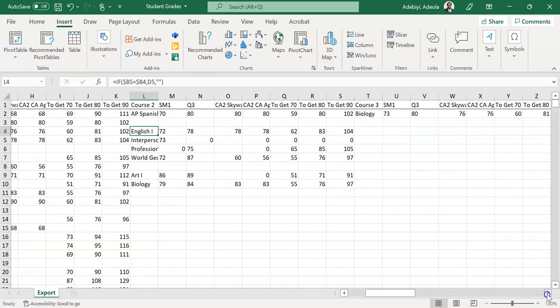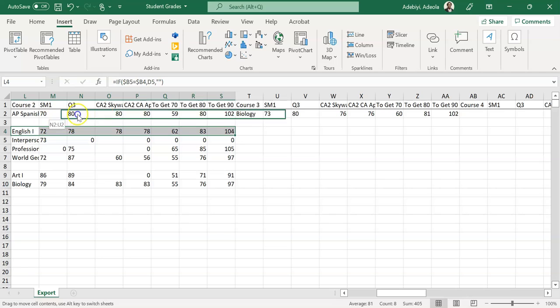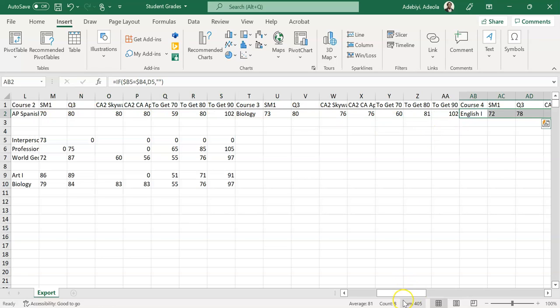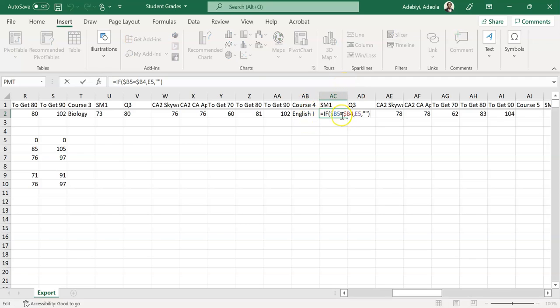The next course is going to be English 2. Rather than me having to copy or drag that over and redo the same thing, I'm just going to select this section, and then I'm going to click and drag it. Because when you click and drag cells like that, Excel automatically copies the formula into the new place, matching where it is. So now if I hit F2 again to see what we've done, we're saying that for